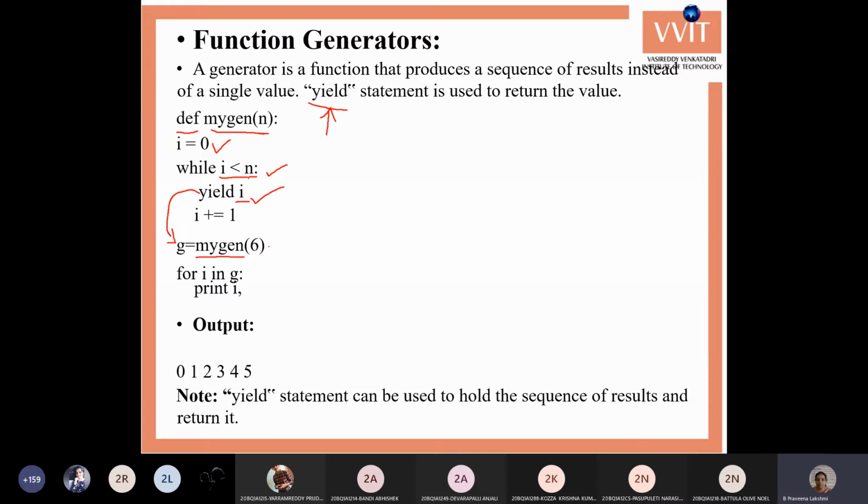So 0 is less than 6, so yield i returns the i value as a return value. Here it returns the first value as 0. Again it enters into the function, at the next statement after the yield.